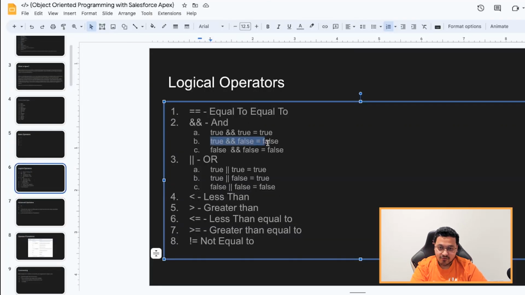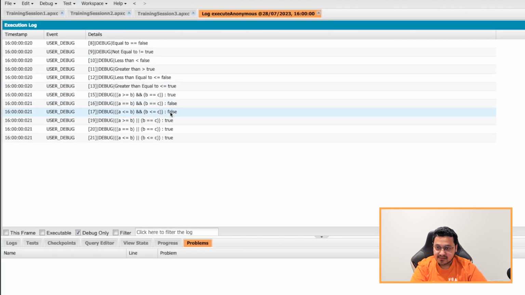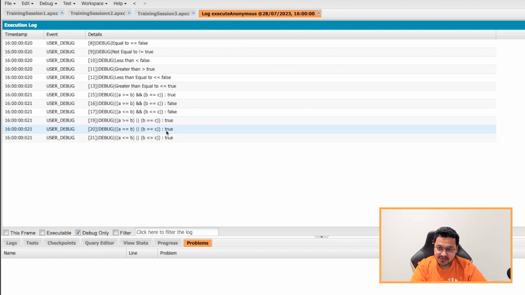If true and false are combined, the result is false. Then false and false, the result is false. That's right. Then we have true and true, the result is true. True and false, the result is true. And here,